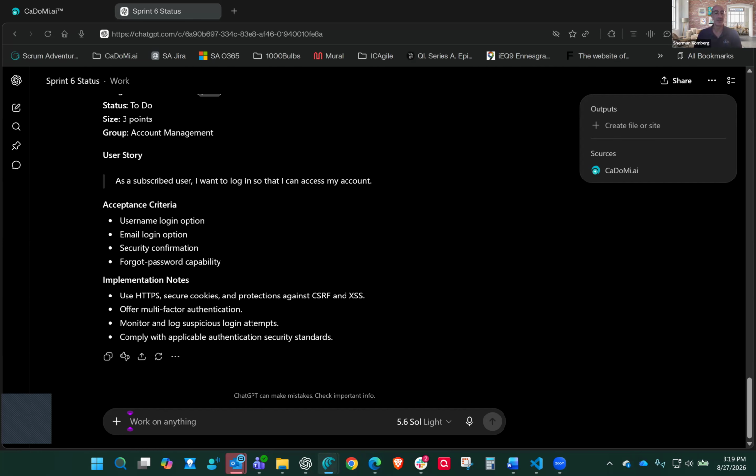So to close up, this demo shows that we have main CaDoMi workflows through ChatGPT, everything from sprint management to product backlog management to user stories, moving them, sizing them, and so many other things you can do, all directly from